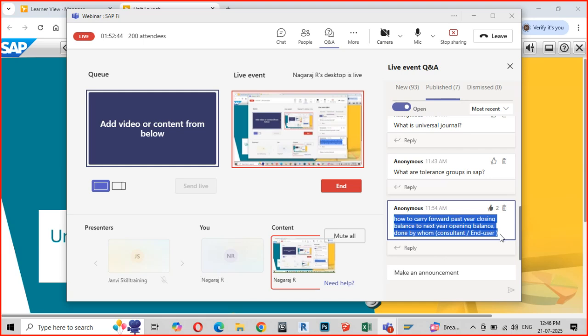Each department will have a departmental head, who is given the authorization to close the transactions for that year. Clear? So this is how the closing process takes place.